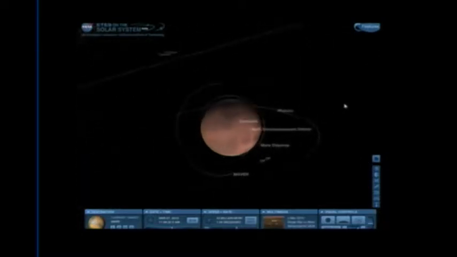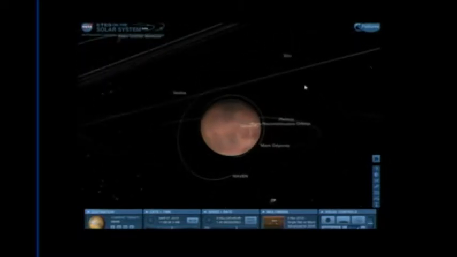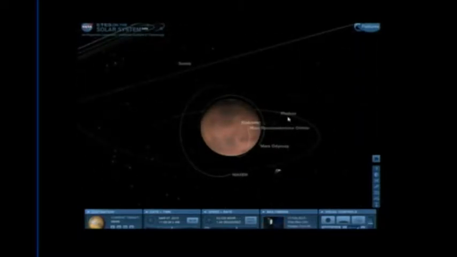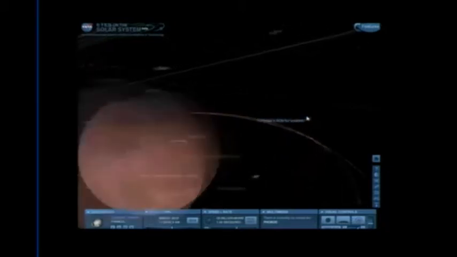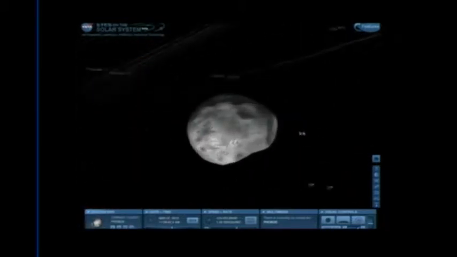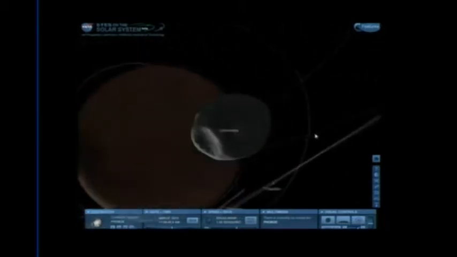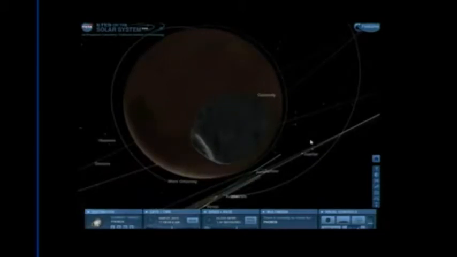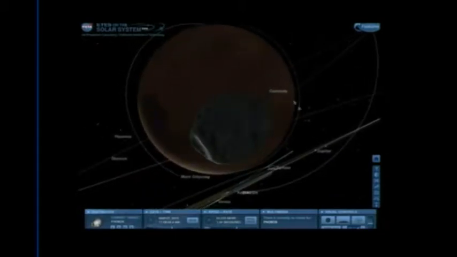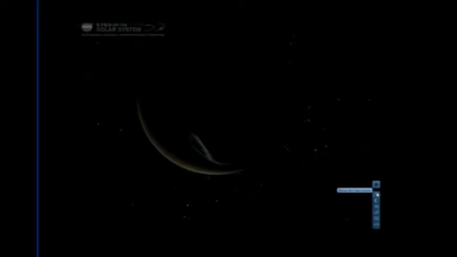So now I'm looking at this, and this is what's happening at Mars right in the second. And I'm going to now double click on Phobos. And if you're at Phobos, looking back at Mars, this is what it would look like. Not quite right now, because we have the ability, we've turned some lights on so you can see in the shadows. If you want, you can just click a little camera over here and get that view. This looks so much better on a computer screen than a projector.